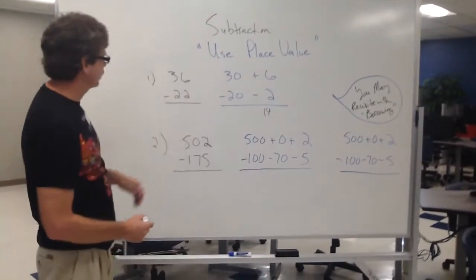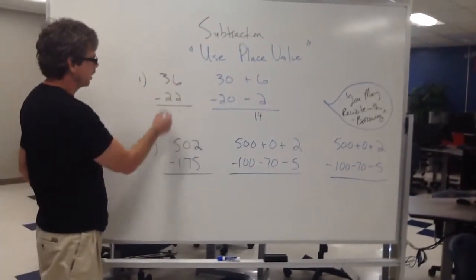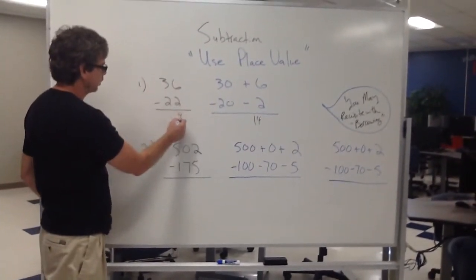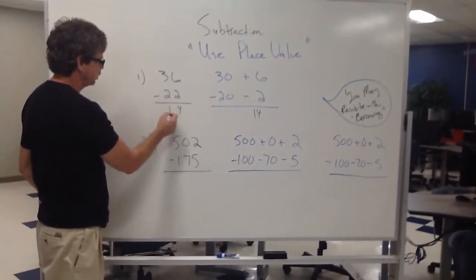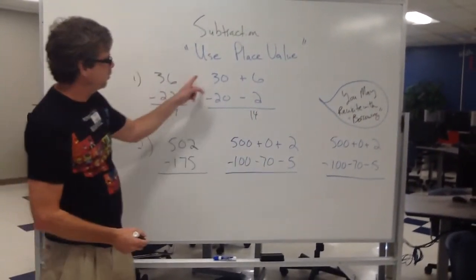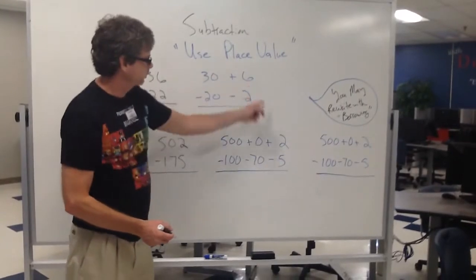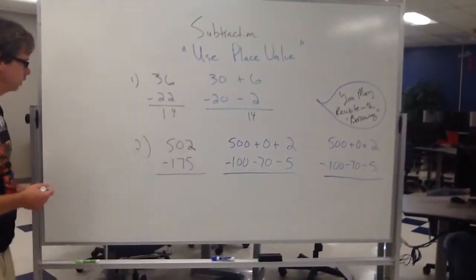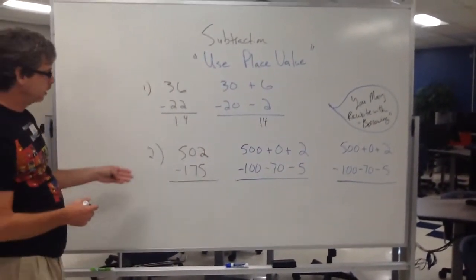So, traditionally we've learned it, you just go column by column. 6 minus 2 would be 4. 3 minus 2 would be 1. You get to 14. But there's a little bit more meaning with it if you do it as place value. It's a little bit more real worldish here. The next example I want to look at is